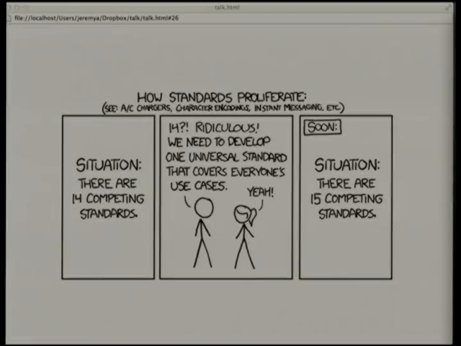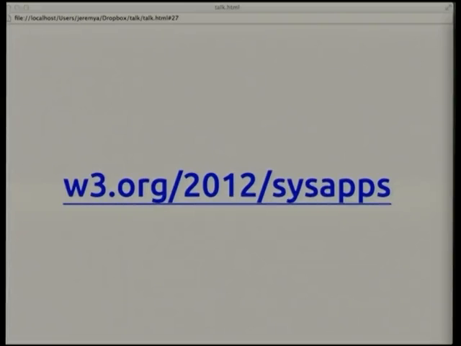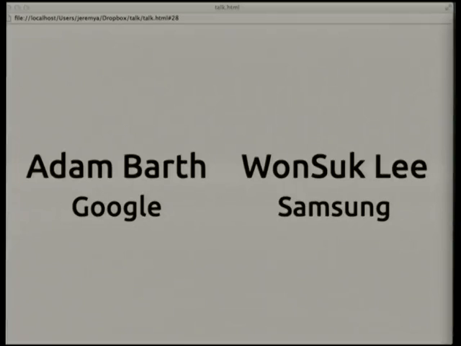So recently, with all this activity going on in this space and lots of different companies building their own platforms, we're building a new standard. I was hoping that I would be the first one to come up with this, but this is what happens. There's the SysApps working group, which is a W3C working group chaired by Adam Barth at Google and